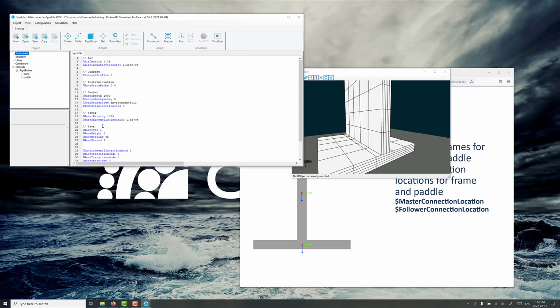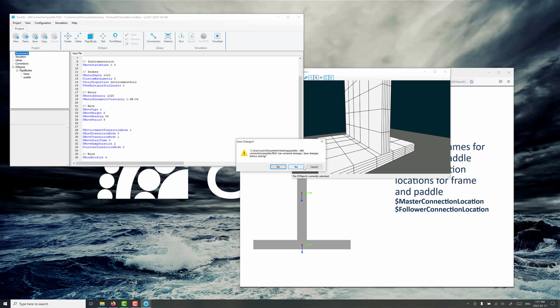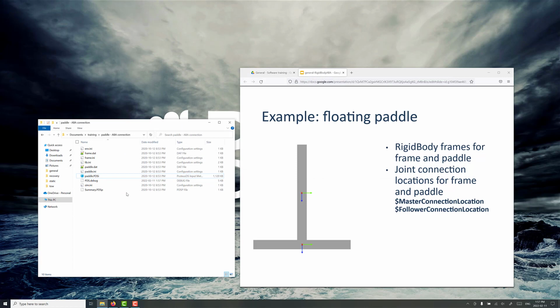and it looks like these setup files are configured to run with some waves, so you can play with the simulation and see how the system floats and moves around in the system. But I'm not going to do that right now. So we'll close this one. We have another setup file here